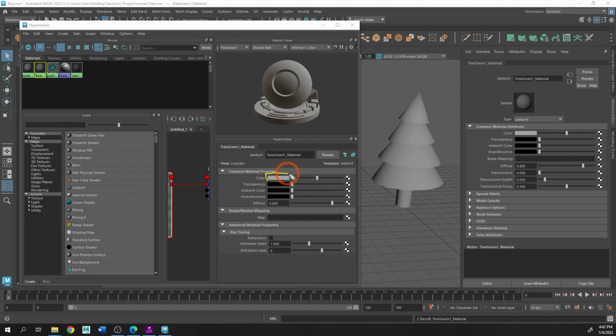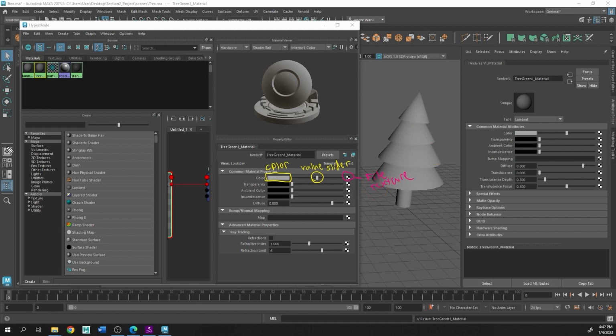The first one is our color picker. This is the actual color of what the material is going to be. The next is going to be our value slider. This is how bright our material is going to be. Then the file section is a file input, and this is for texturing. We're not going to get into that in this one, but we'll take a look at that